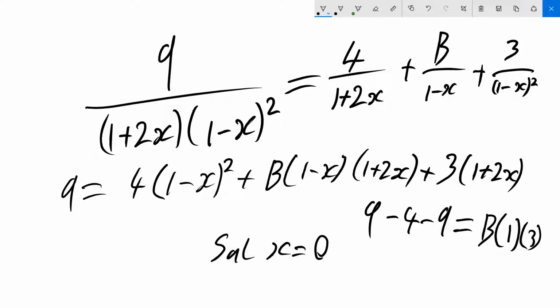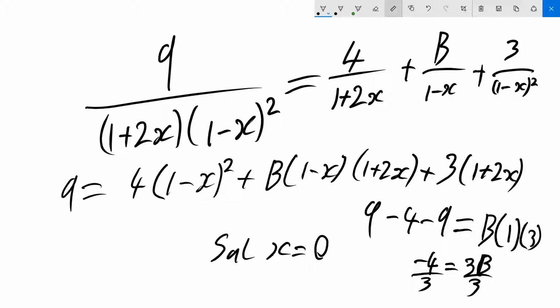So that now becomes negative, that cancels that, that becomes negative 4 is equal to 3 lots of b. So now we can divide both sides by 3, and now b is equal to,